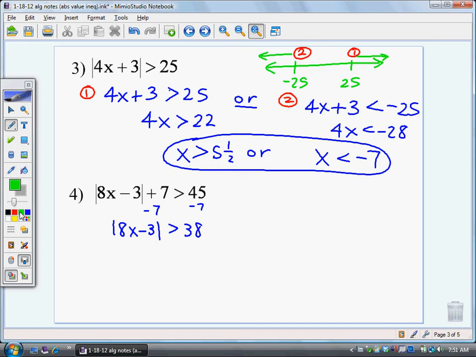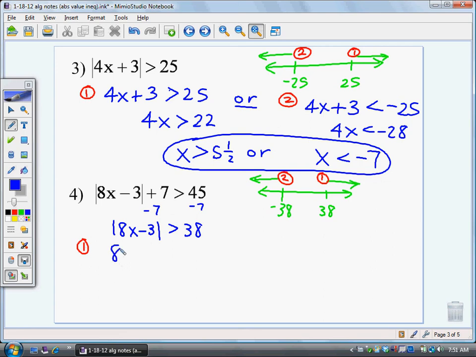So if I sketch my number line quick here, now it's 38, but the absolute value has to be greater than. That would be 38, negative 38 again. Because it's greater than, we want the numbers to the right of 38 or to the left of negative 38. Now number 1 and 2 again. And then as I put my two inequalities to solve,